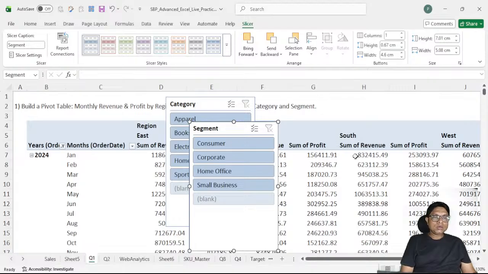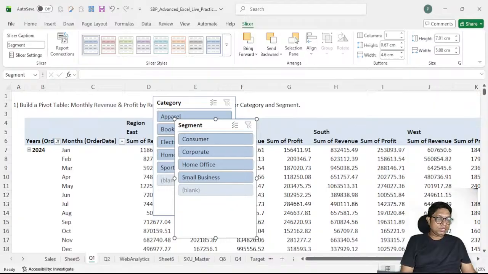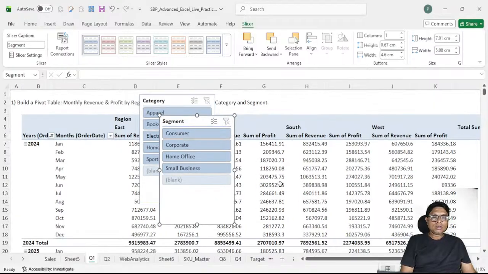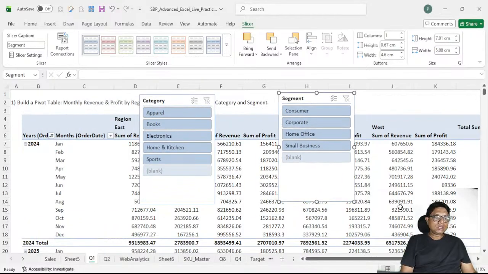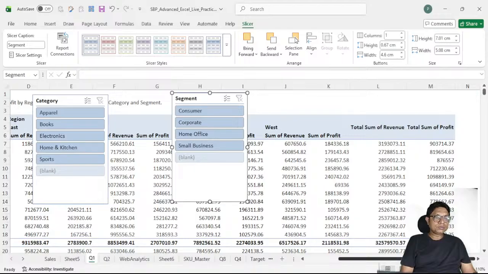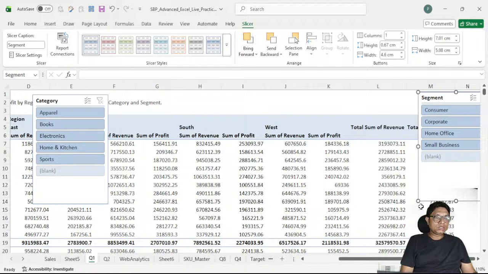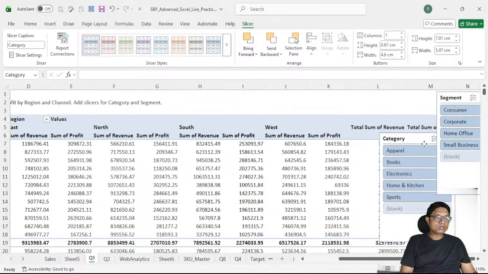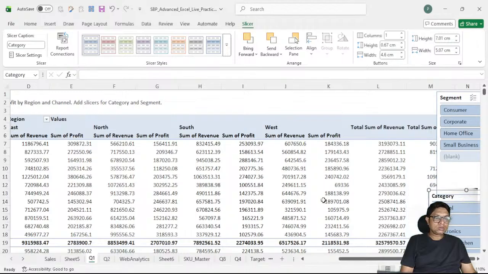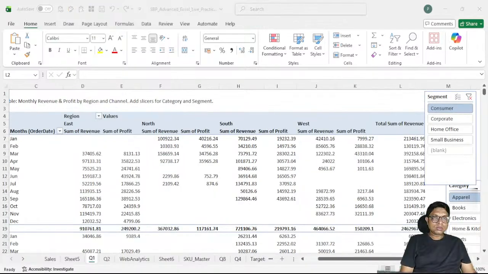Now see how it looks. If I minimize this a little bit, these are the slicers. This is the slicer. Let us put this slicer over here and this slicer over here, which is available in the